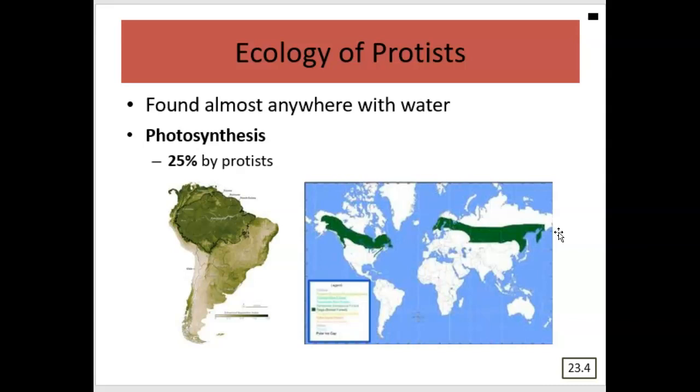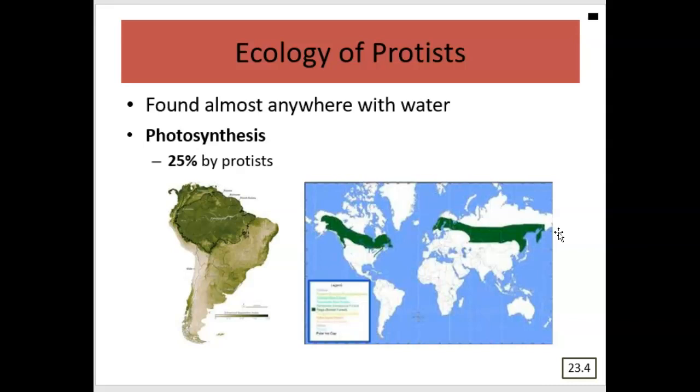Why are protists able to do so much photosynthesis compared to plants when, holy cow, there's a lot of plants? Well, of course, the answer comes from the fact that the oceans are big places. In fact, on this map, most of the Pacific Ocean isn't even shown. There's a huge amount of area there. And so because protists are found in water, that means there get to be a lot of them. They're mostly single-celled, but when you have that huge amount of habitat, you have a huge amount of protists.